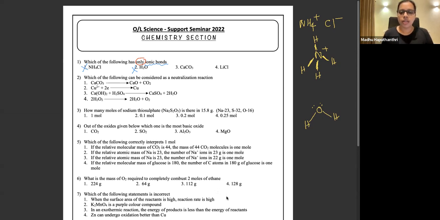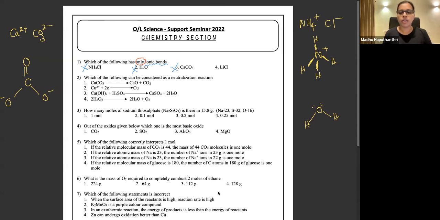Right, calcium carbonate. Calcium carbonate is also having both covalent bonds and ionic bonds. Calcium is the cation, carbonate is the anion. Again, between cation and anion, you have the ionic bonds. Inside carbonate, right? Carbonate is like this. So these carbon-oxygen double bonds and the single bonds, they are covalent bonds. So therefore, calcium carbonate is once again having both the types, right? Both the types are there.